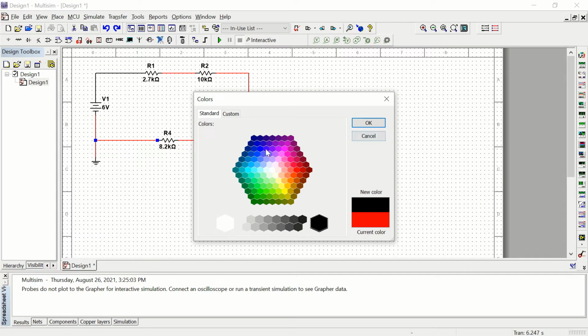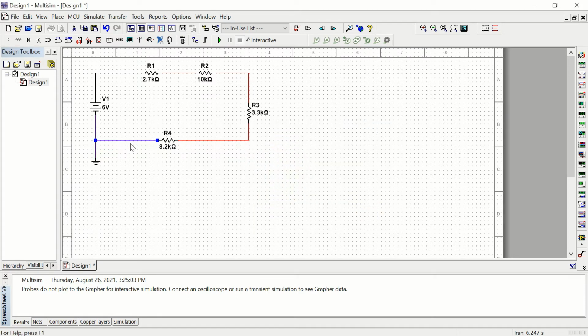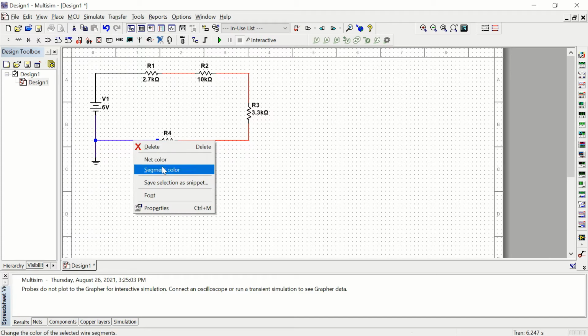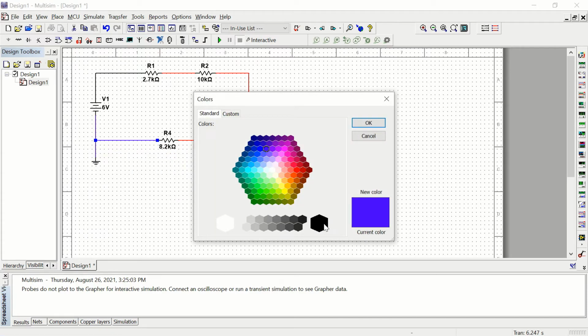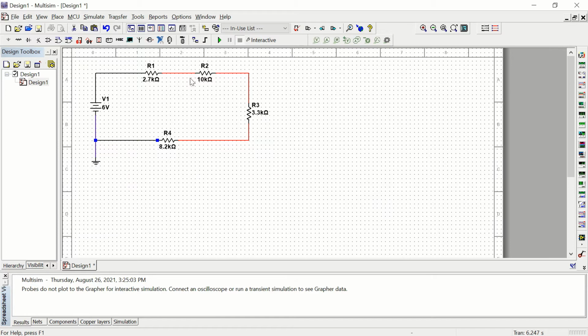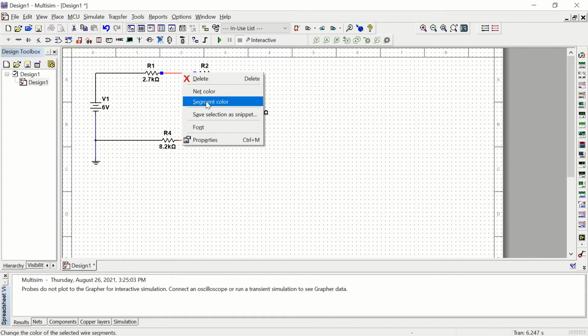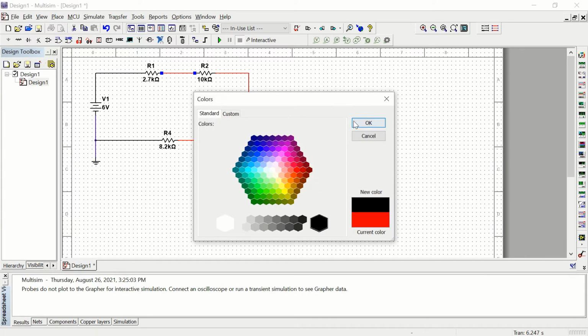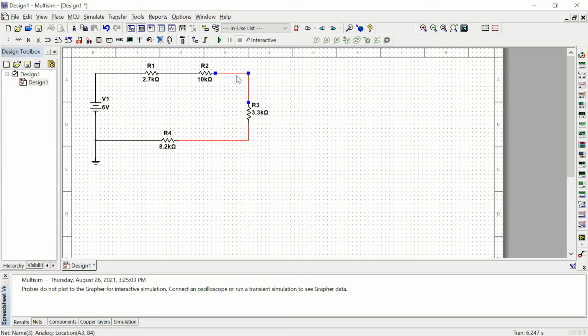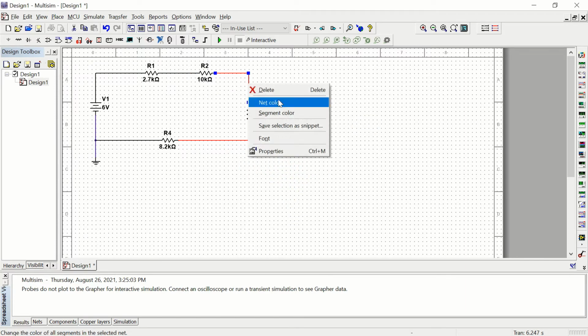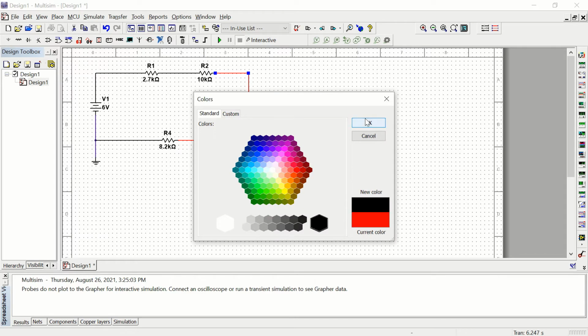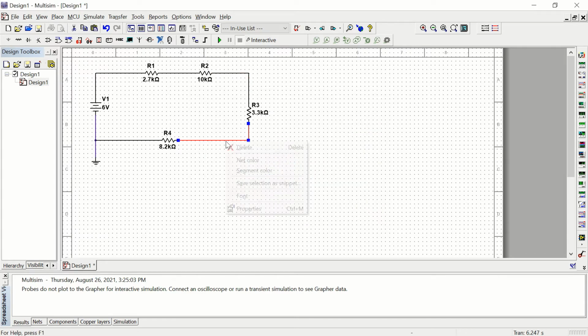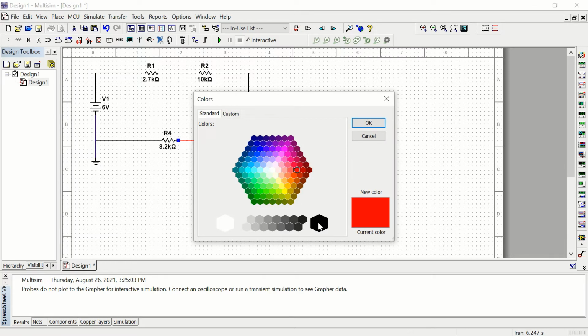So I'll pick a different color just for illustration, but we'll pick like a blue color, and notice that it didn't just change the segment that I clicked on, it changed everything that was connected to it. That is super useful. I don't actually want it, I do want it black. It's super useful when you have different chunks of a circuit that are running different things. And what you'll do is you'll put everything in that chunk in a particular color, and it can really